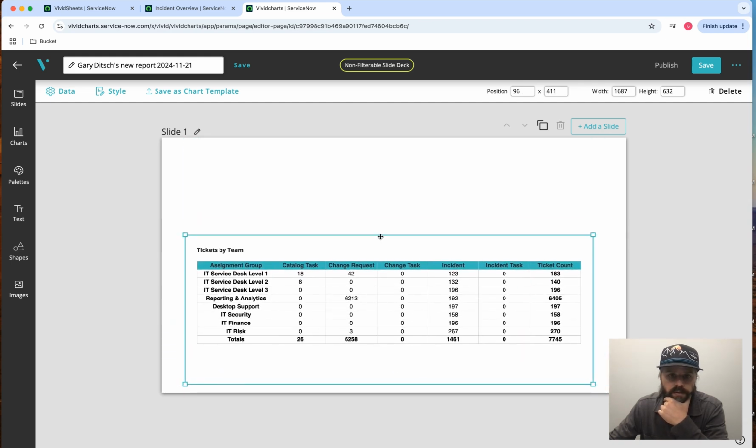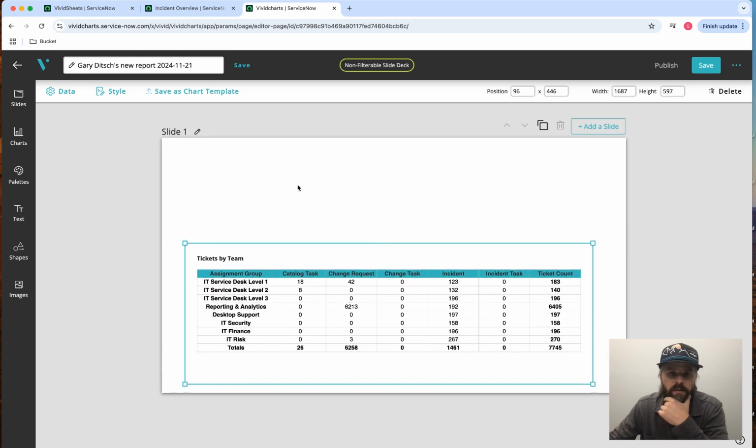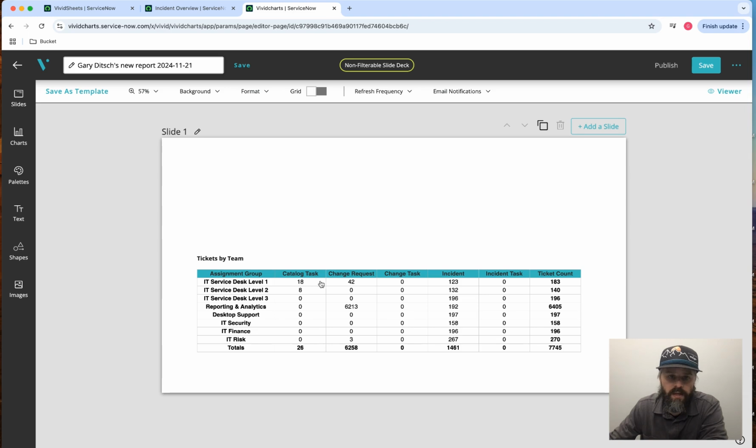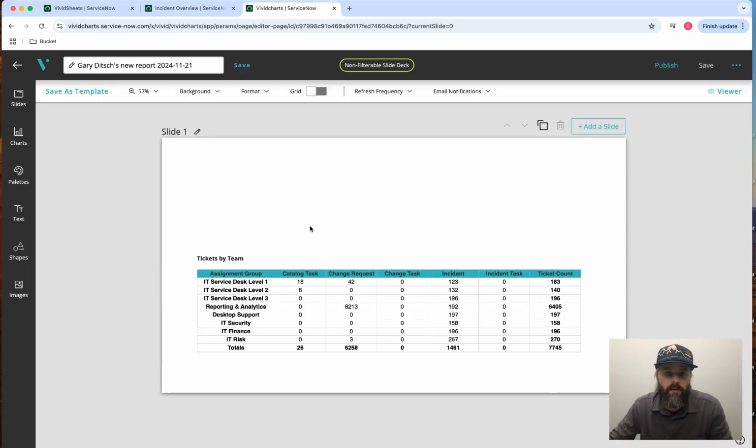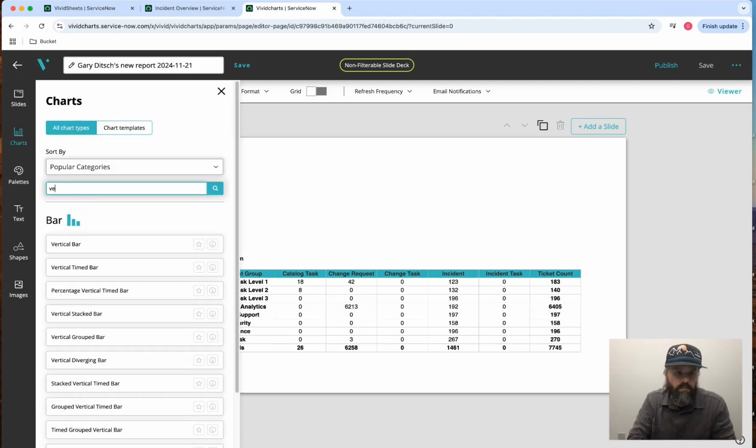But I want some additional visualization on this. I want some charts that actually show bar charts across assignment groups or ticket types. So let's go ahead and save that just so we get it saved. Let's go ahead and do the catalog task across the assignment groups. So I'm going to go over into my charts. I'm going to say vertical bar,